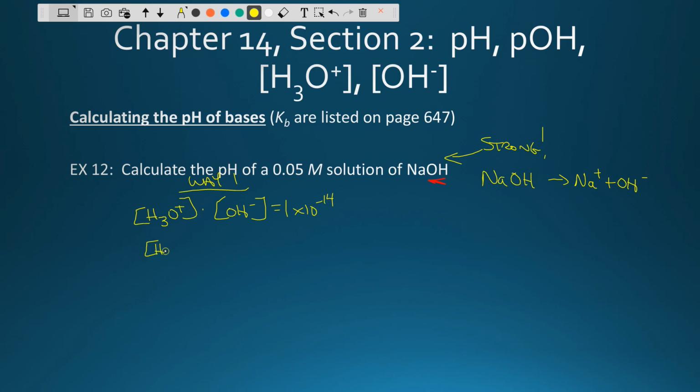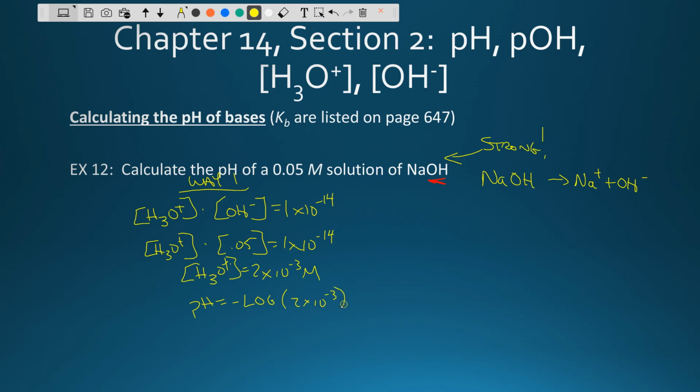My H3O concentration is going to be multiplied by 0.05, and that will total a 1 times 10 to the -14. So my hydrogen concentration would end up being 2 times 10 to the -3rd molar. Now we would then just say pH is going to be a negative log of the 2 times 10 to the -3rd. And so my pH would end up being